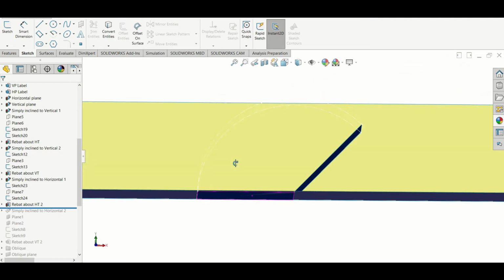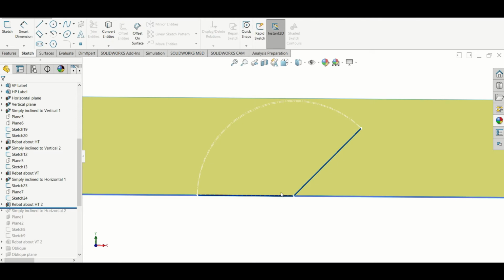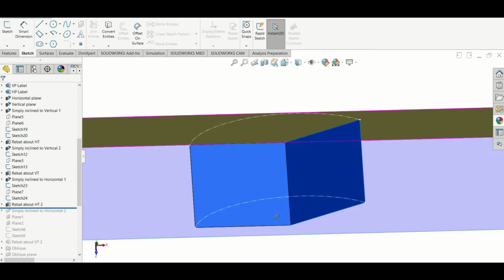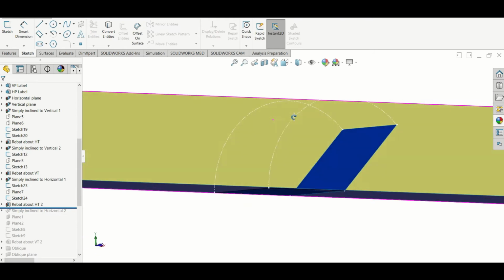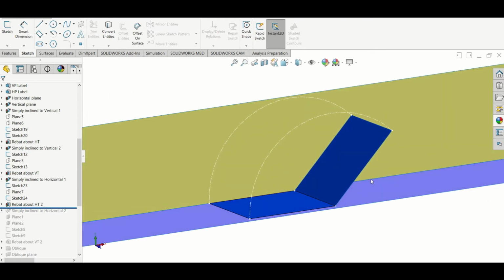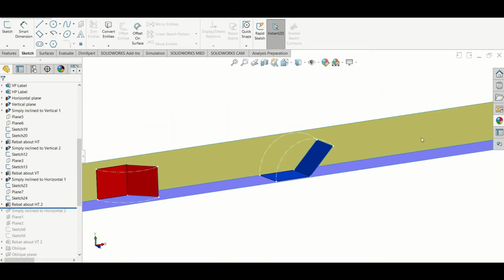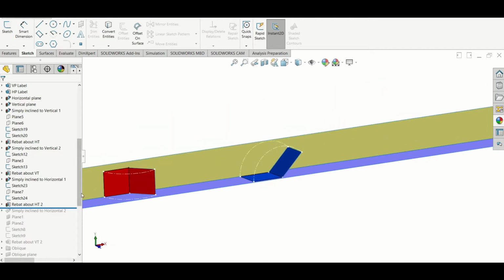Okay, so that's as seen in elevation. We can draw our arcs because we have a point view of the hinge line of the horizontal trace, and we can swing it out, drop it on the ground, and when we look down on plan, we see our true shape. So simply inclined to the horizontal plane right there. The next scenario,